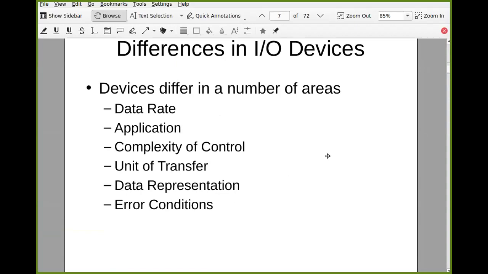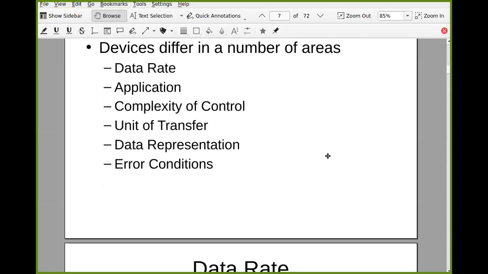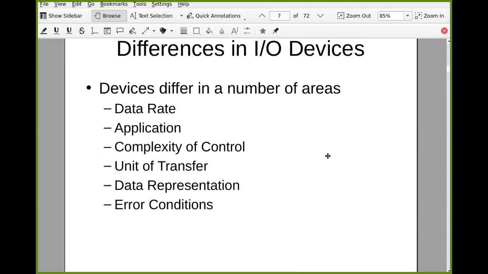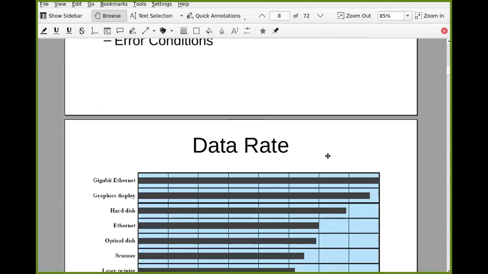Unit of transfer: in what unit is data transferred? Data representation: I hope you remember that different data representations are used. Big endian, little endian is one example. And what kind of error conditions are there? So these are some areas where these IO devices are different.